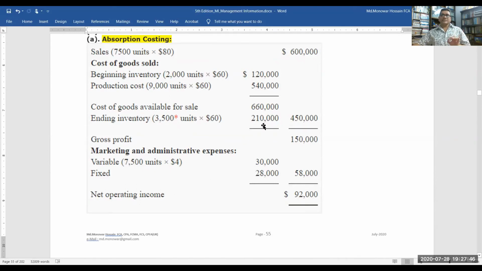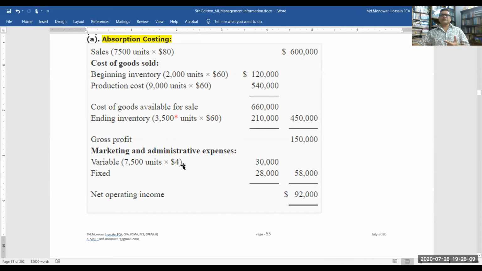If we subtract 2,10,000 from 6,60,000, we get 4,50,000. And from the 6 lakh of sales, if we subtract the cost of goods sold 4,50,000, we will